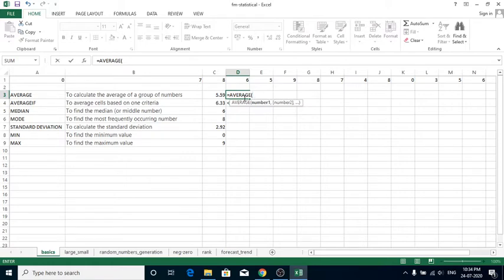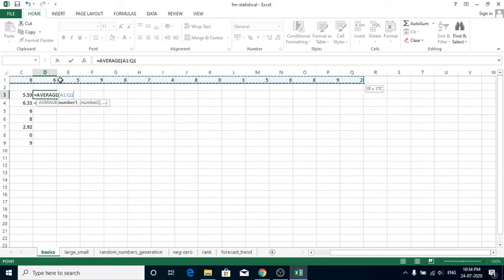Now you have to enter the parameters only. For selecting the cell range, I put my cursor on the first cell and press Ctrl, Shift and the right arrow key. Now all the cell values are selected. Now I am closing the bracket and pressing Enter.